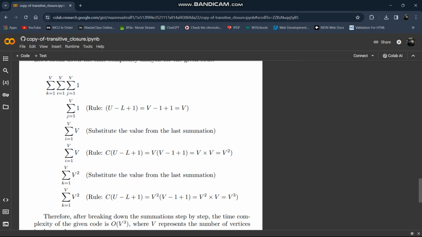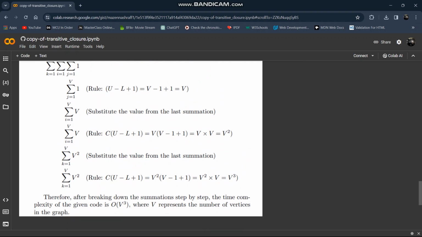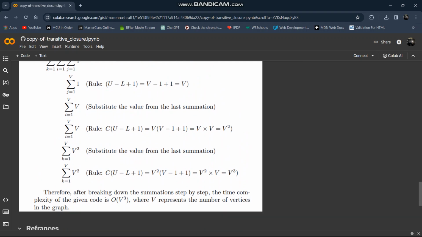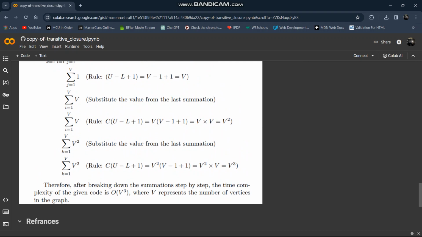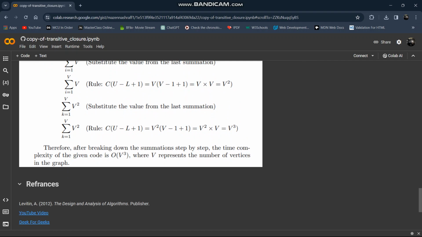Substitute the value of the first summation in the rest of the problem, and select the last and ignore the rest. So it's going to be summation of a constant. So the rule is going to be constant times upper minus lower plus 1. So it's going to be v multiplied by v minus 1 plus v. So v multiplied by v is going to be v squared. Substitute and solve it. It's going to be the same rule, constant times upper minus lower plus 1. Finally, we are going to end up with v cubed. So therefore, our time complexity for the algorithm of Warshall is going to be big O of